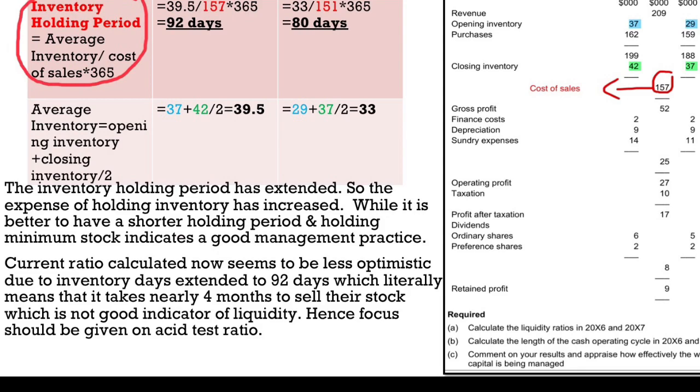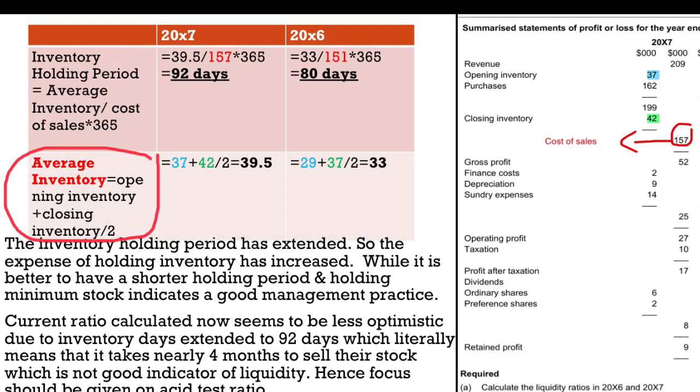So we have to first calculate average inventory, which is opening inventory plus closing inventory divided by 2. So the opening inventory, you can see in the question, is highlighted in blue color and closing inventory in green color. So you have to add both and divide it by 2 in order to get average inventory for both